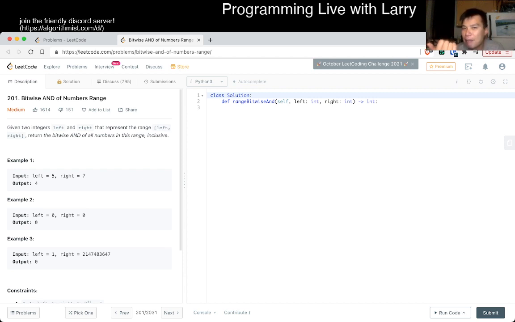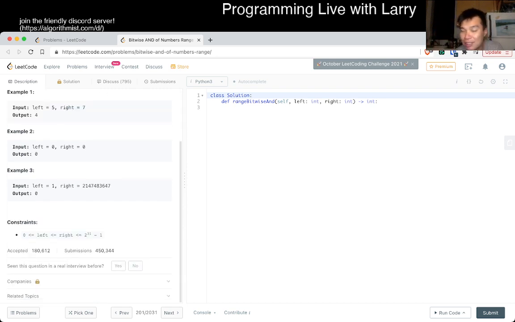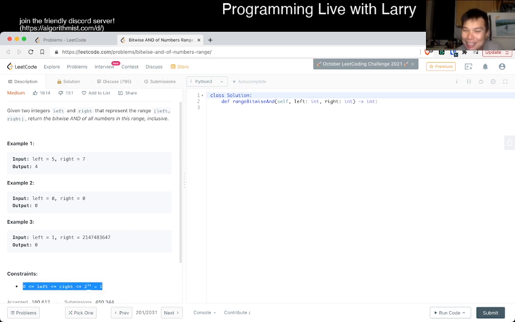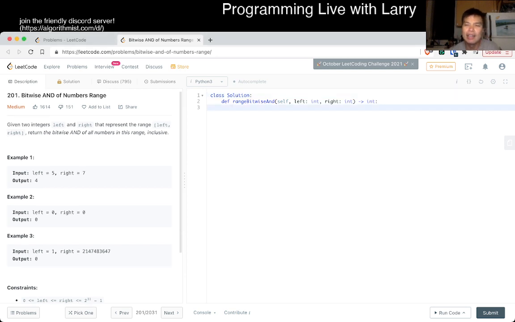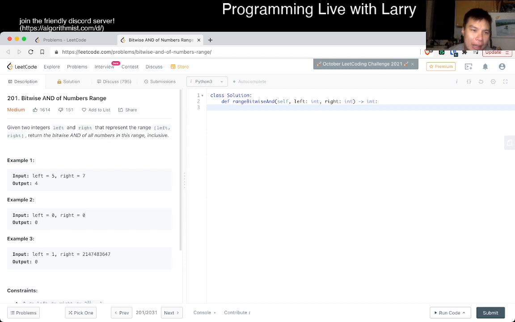So the naive thing that I might have first thought of is, okay, just do a for loop. But then the second one is, okay, well, what are the constraints? Well, the constraints are here. And now we know that we probably should go a little deeper, and at least for this particular one, they're not trying to fool you or anything. It's in the example, though sometimes even with an example, it fools me because I'm easy to fool. But in either case, the thing about bitwise operation is that